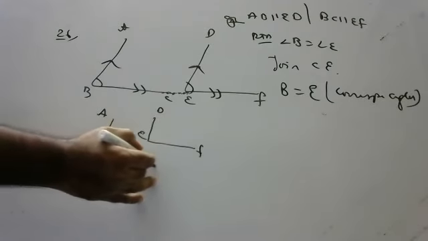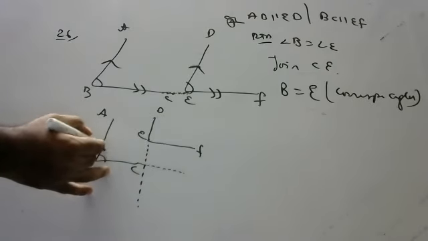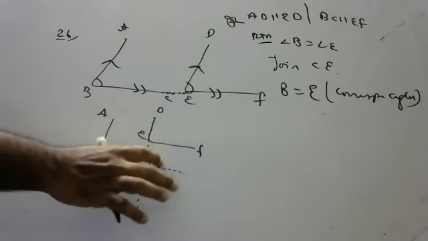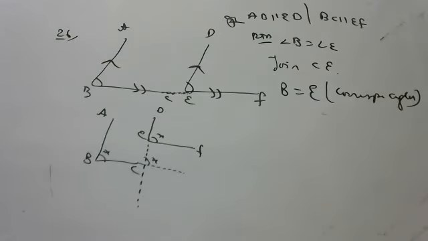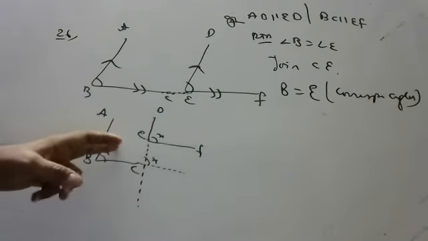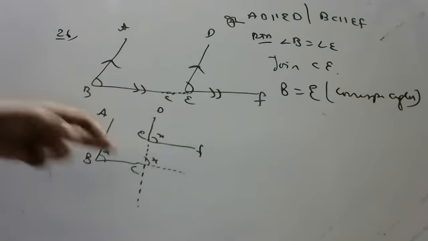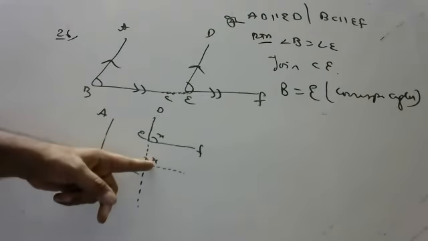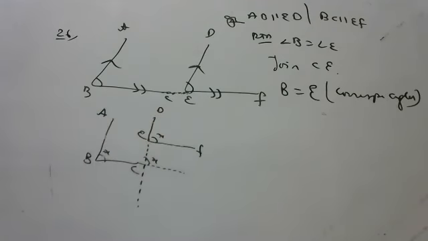This C I will extend like this. This E I will extend like this. Here, if this is X, this is also X. Why, children? Corresponding. So X is equal to X. Like that also we can prove. You may say, sir, you kept them side by side and you're joining, that's cheating. You may say I kept one down and one up. I just extended this one. These both are parallel lines, and these both are parallel lines. So X is equal to X because corresponding. Therefore, X is equal to X.